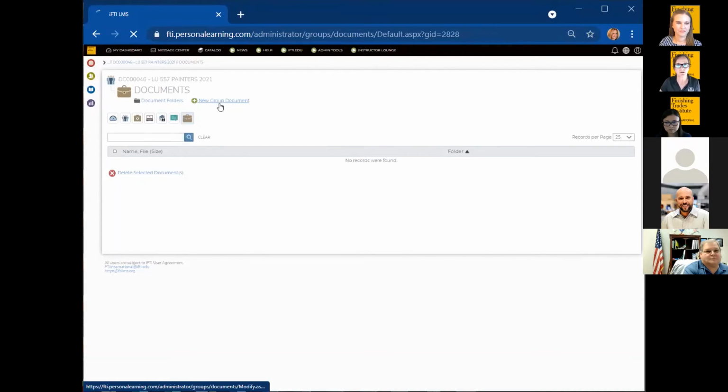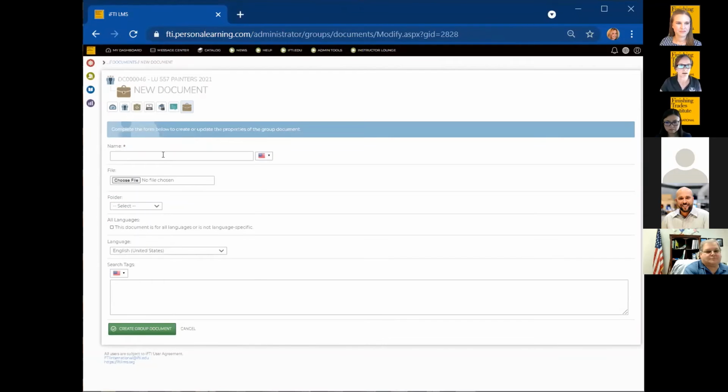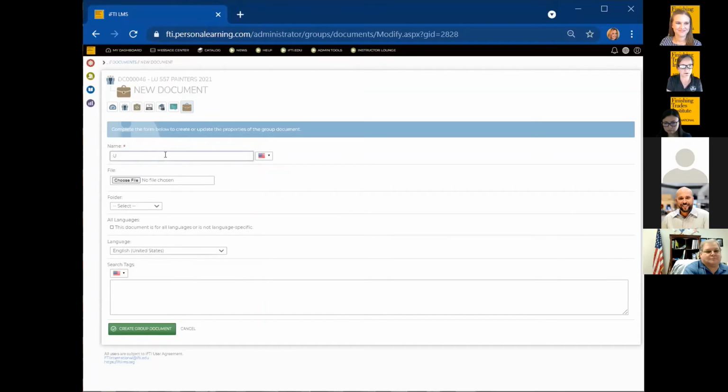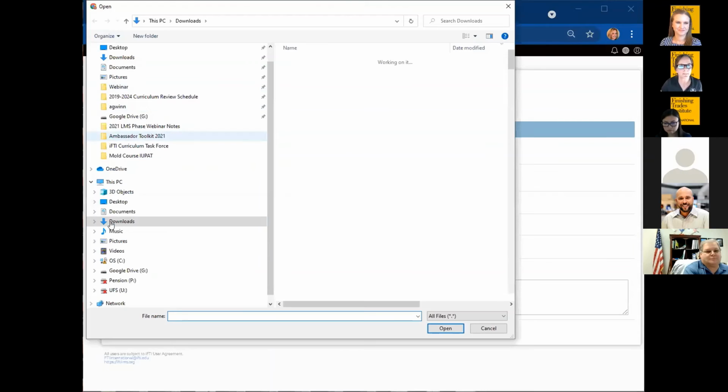And then if you want to add a new group document, then you would put that in. Let's see, we'll call it LU 557. There we go. And then we choose the file.